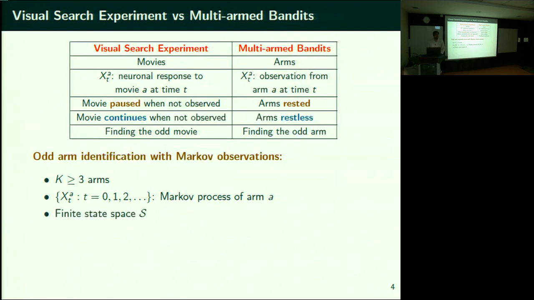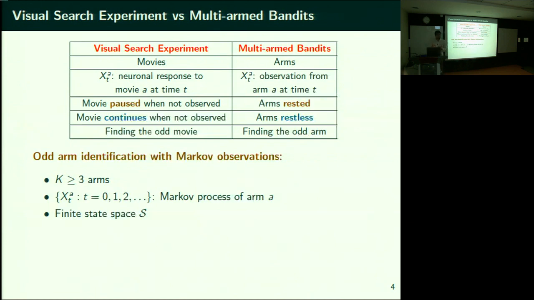Now I assume, for the sake of simplicity, that all of these are operating on a finite state space. What is the state here? It's the neuronal response, as I said. But in the example that I showed you in the movie, the way it was created was that dots are placed at some random locations and white Gaussian noise is added to that. So there is a certain drift that is provided to them. This white Gaussian noise makes it uncountably many possible values for the state of each frame. But for the sake of simplicity, for the purpose of analysis, let's bring it down.